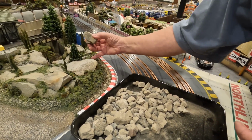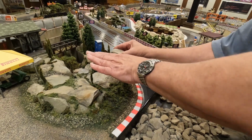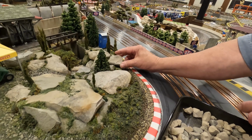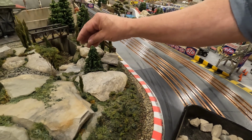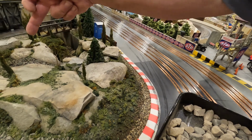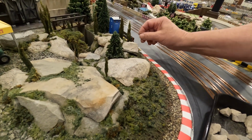Now, before this greenery went down, this was a series of wood terraces, and I could set these rocks down in it like that, and then I plaster up to them. Now, this is not realistic, but let's say this was down inside the gully. And then with the different size stones, as you can see there, I can fill in, glue them in, and